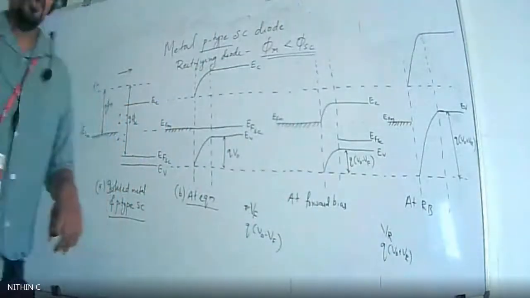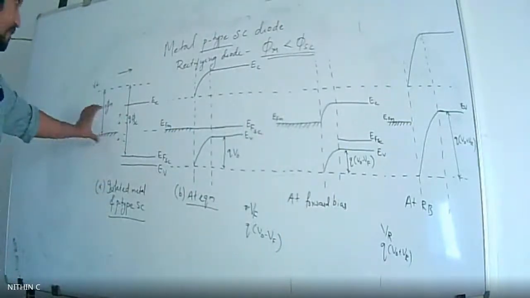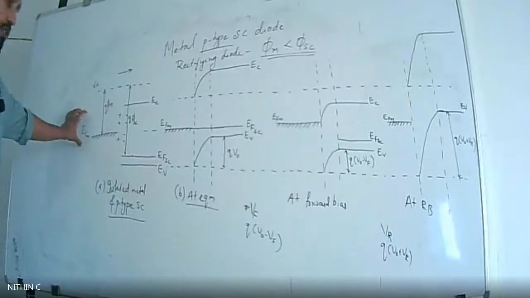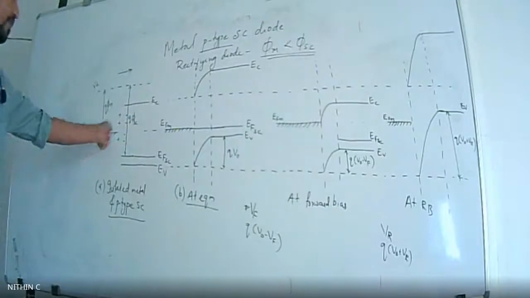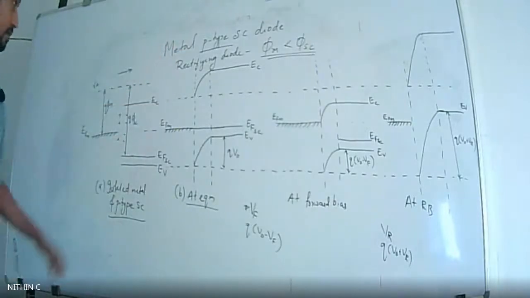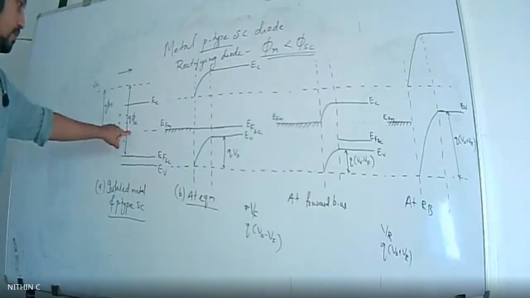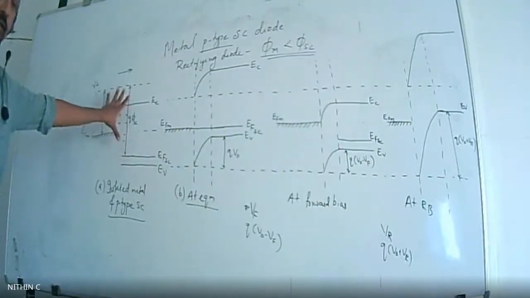So this is how you draw the energy band diagram of a metal and P-type semiconductor. This is the isolated part where we have drawn the Fermi level position of the metal. We have kept this Fermi level as the reference, that is, EFM will be on the same line for all the biasing configurations. And then we mark the work function of the metal as Q phi m, and the work function of the semiconductor as Q phi sc.